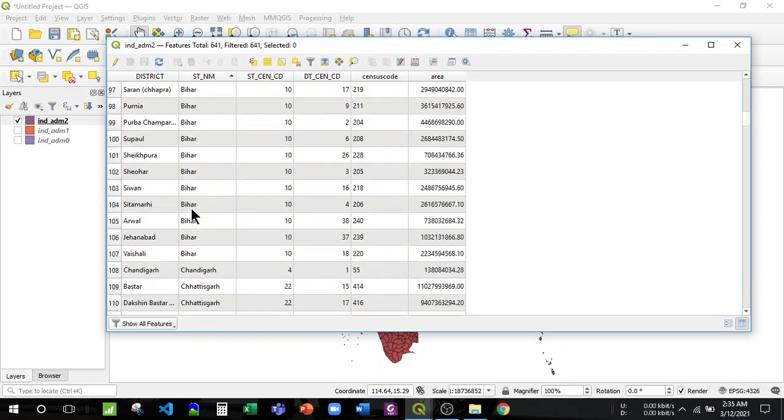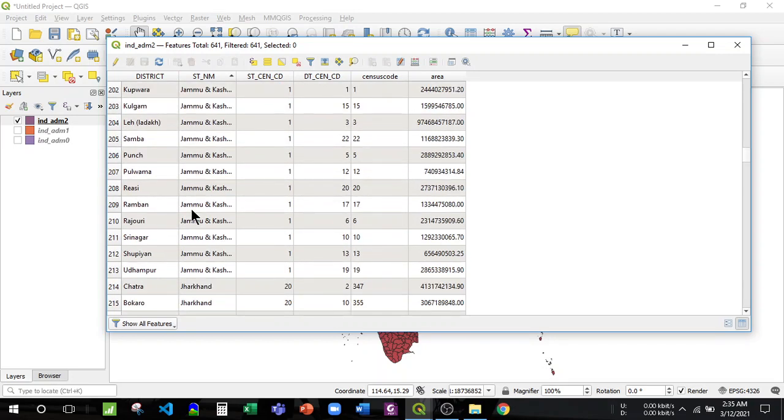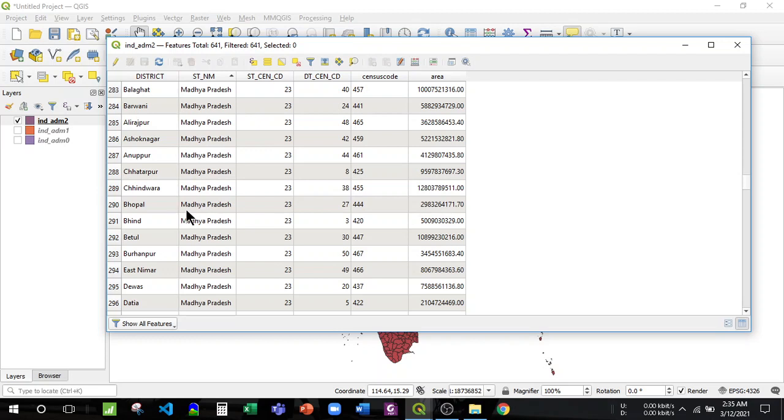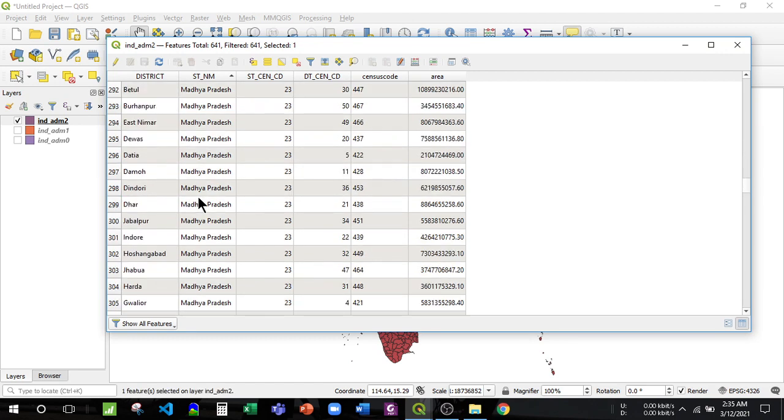Suppose I have to select two or three districts from the Madhya Pradesh region. Suppose I have to select Bhopal. How will I select this? Click here at the extreme left. If I have to select Jabalpur, hold Control and left click here.